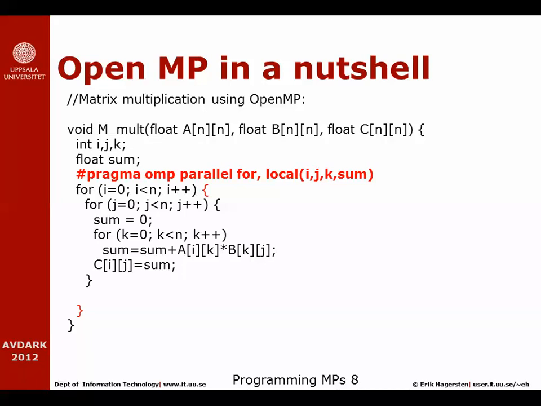And since there are no data dependencies between the actions done here in matrix multiply, it's as simple as that. So now we'll create up to n different threads here,